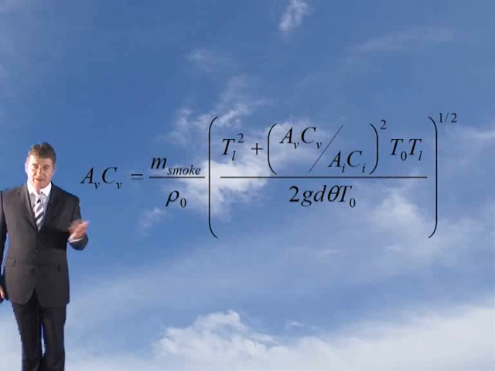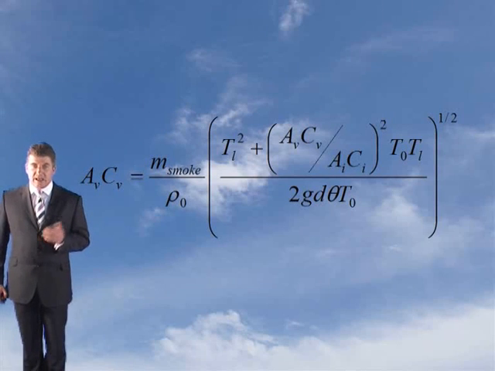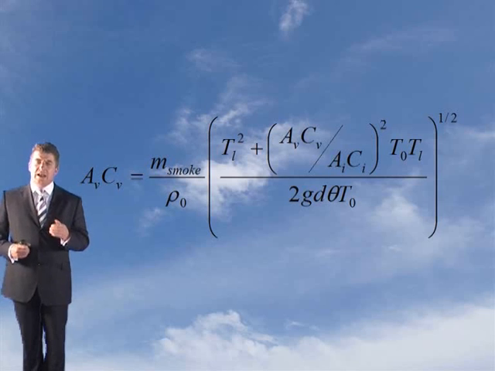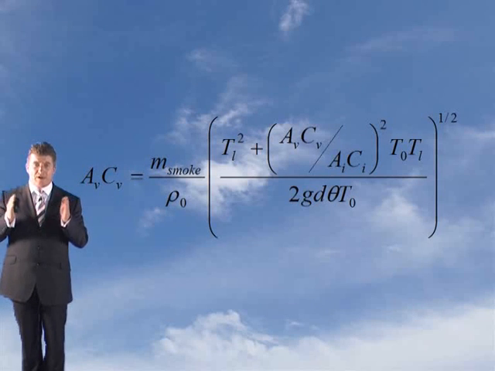Now we need to determine the AVCV factor. We need to work out how much ventilation we need in each reservoir. And this is the formula you apply. Here, this is the AVCV formula. AVCV equals M smoke divided by rho 0. You multiply all that by TL squared, which is the temperature of the smoke, plus you've got your AVCV divided by your AICR. This is your ratio, and in this case, as you can see, we've got 4 reservoirs, so